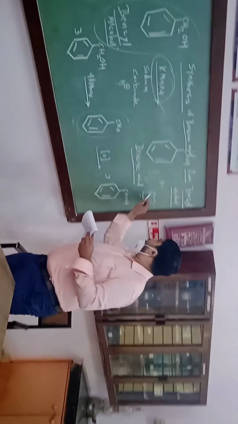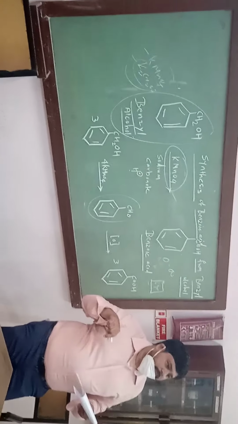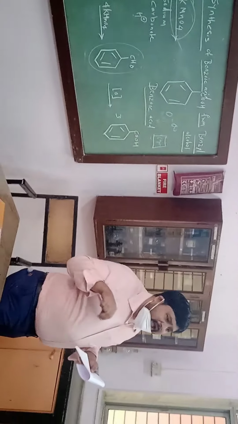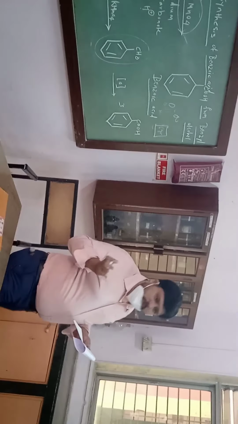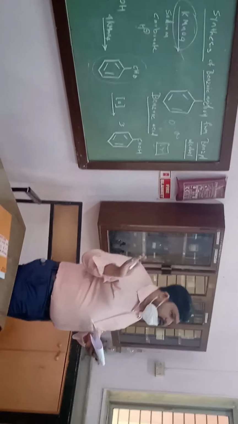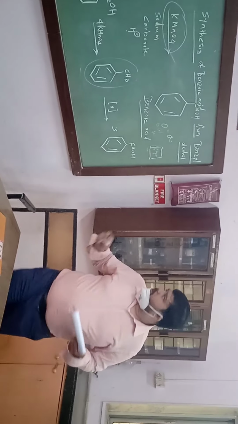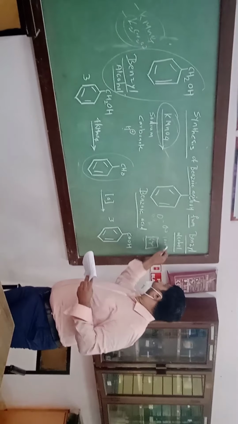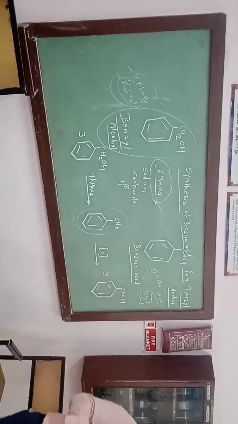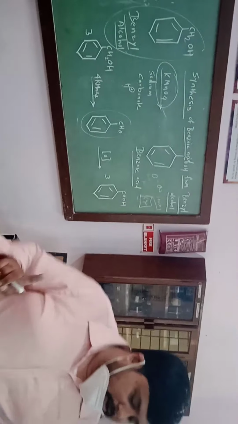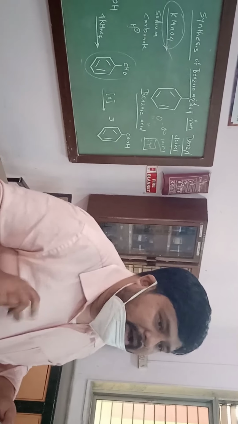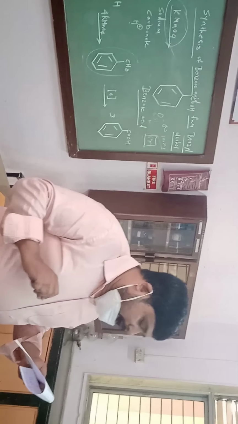Then you take KMnO4, potassium permanganate. How much do you have to take? Potassium permanganate 6 grams. With the help of a spatula, when you are taking any solid in an organic chemistry practical, use a spatula. Don't use anything else. Use a metal spatula. Take out the KMnO4. Weigh 6 grams. If it is in excess, take it off. Then add 100 ml distilled water to prepare the solution. If it is ready-made, then you can directly take 100 ml of KMnO4 solution.